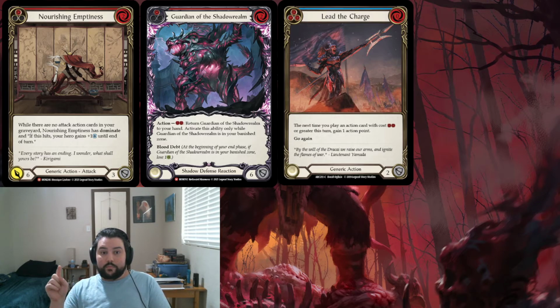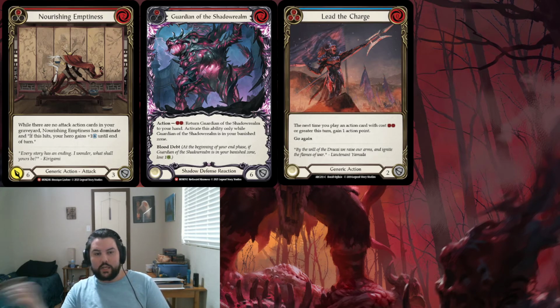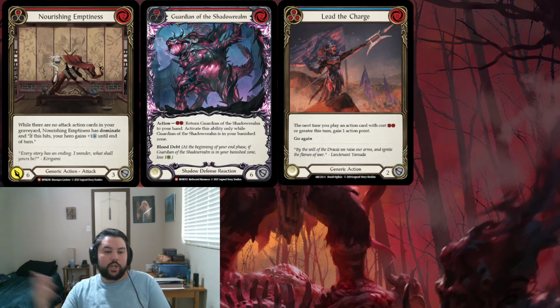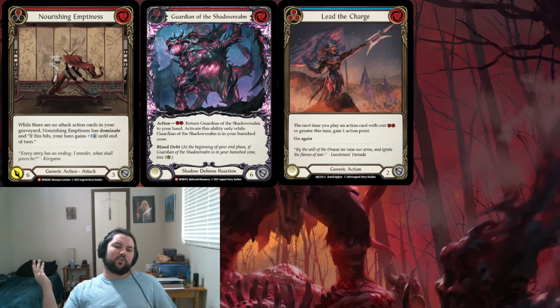And then return Guardian to your hand. Activate this ability only while it is in your banished zone. It has Blood Debt, but if it gets banished, you get it back to your hand for 2 actions. So you pitch for it to get it back. That's so good. If you're setting up your Spring Tunics, this card comes back for free. You just get an extra card in your hand. Woo! It's a pitch value 1, which isn't that great, but then you can put it in your arsenal and you get...